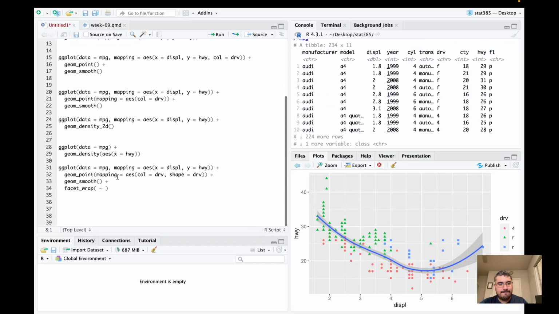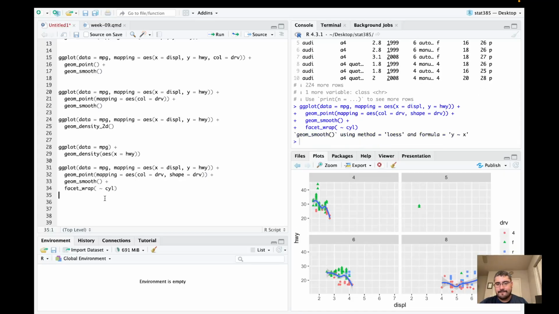Cylinder. Okay, so now we can see different drivetrains, the relationship between highway and displacement